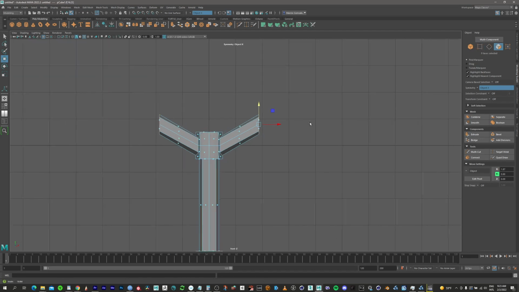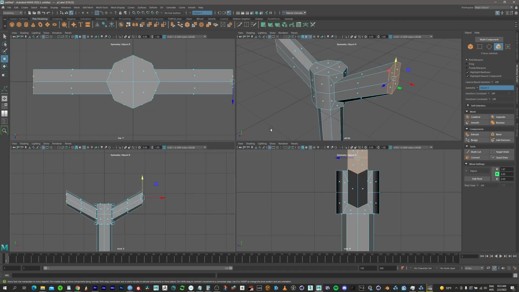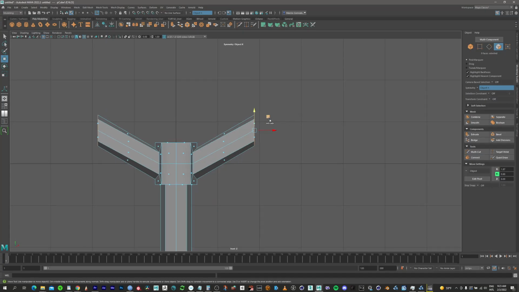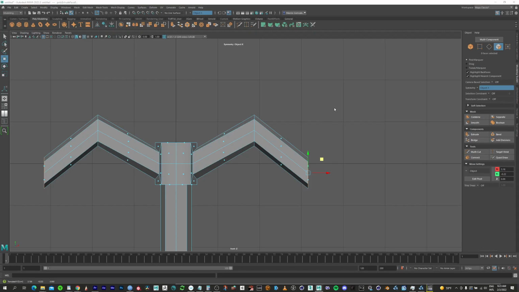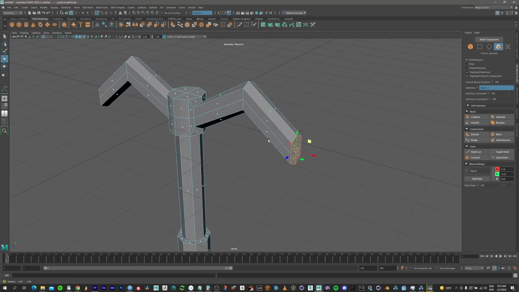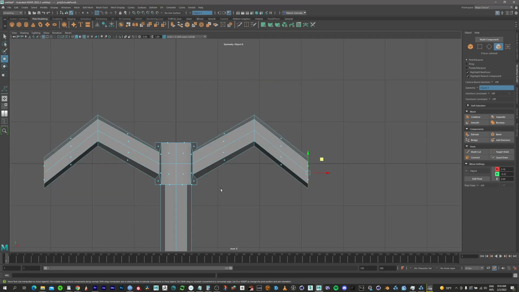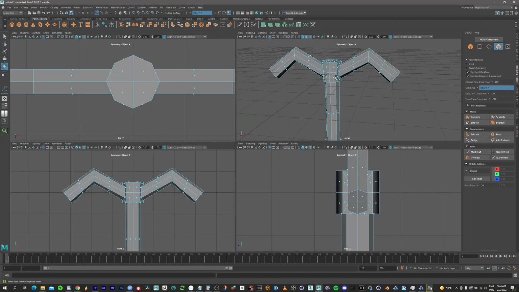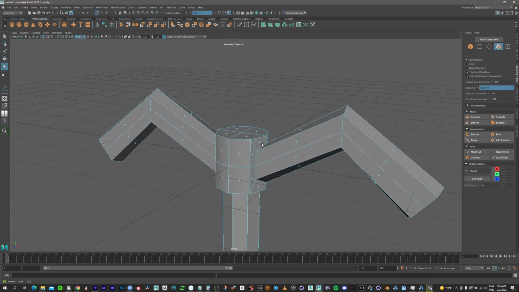Go to face mode. The faces I want are selected. Move tool again, press shift, but now I'm gonna move down. Like this. Okay, good. Maybe I could rotate this. Something like this. Okay, fine. And final touch in the handle,